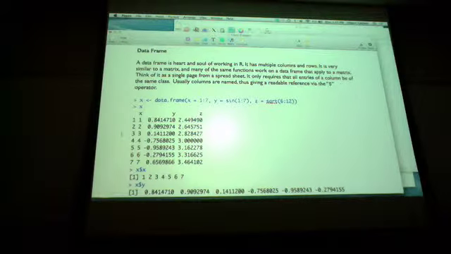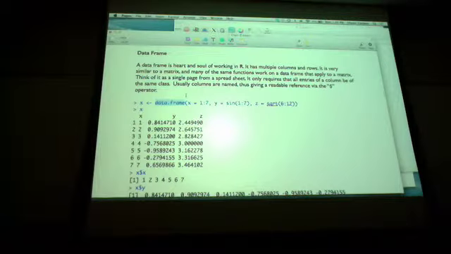So each column can be of a different type, but all the data in a single column has to be the same type. So this is one of the most important things to really understand about working with R, the data frame. It's very much like a matrix, except that now I'm no longer restricted by having it all the same type. I can have different things. So here I have a data frame I'm going to construct with the data frame operator. And what you do is you name column X,